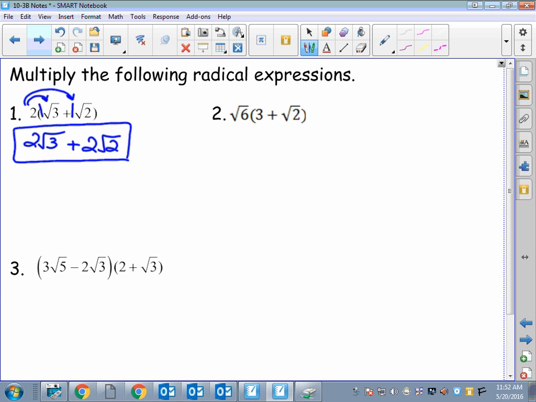So lots of different rules going on here. For number 2, we can pretend that there's a 1 out in front here that's going to get multiplied by the 3. So when we distribute the radical square root of 6, we're going to multiply it by 3. The 3 and 1 will make 3. There is no other radical that can go with 6, but it's still going to be 3 times the square root of 6. And then when I distribute that to the square root of 2, it's going to become plus 1, and then you have the square root of 6 times the square root of 2,